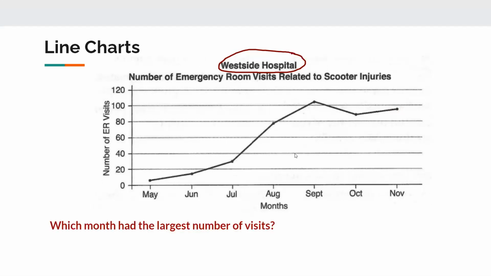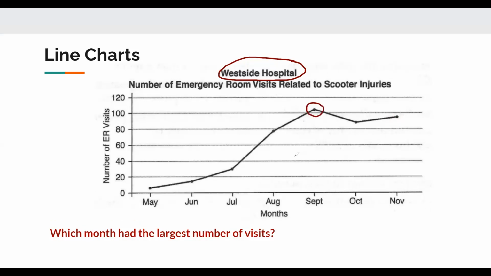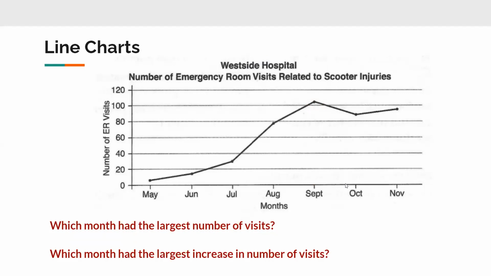All right, let's take a look at a question that could be asked about this chart. Which month had the largest number of visits? This is a pretty easy question to answer. We look for the highest point on the chart. That will give us our largest number of visits, and it appears like that might be about 105. But we're just interested in answering with the month of September. That had the largest number of visits. Next question. Which month had the largest increase in the number of visits? This is a little bit trickier